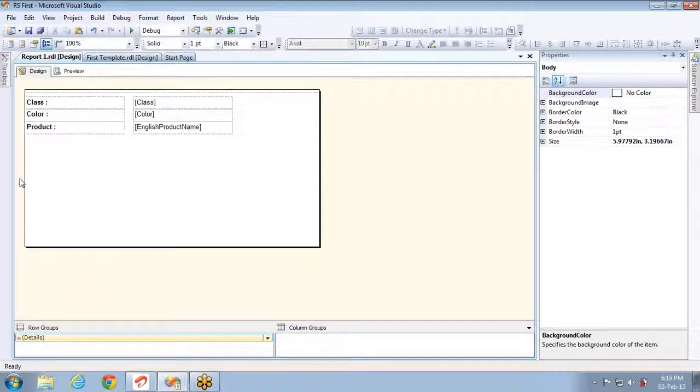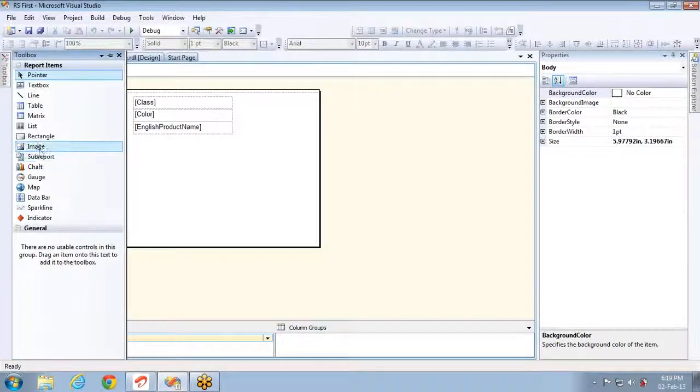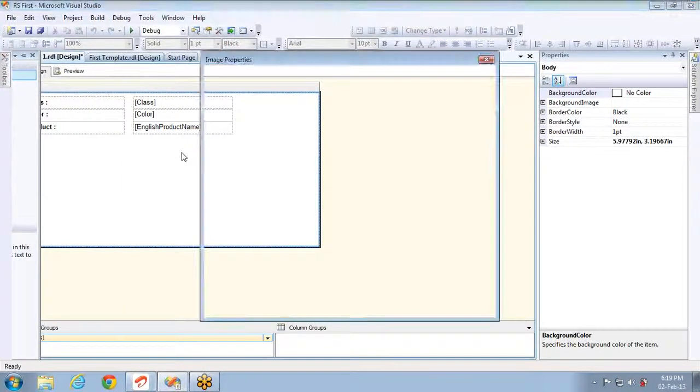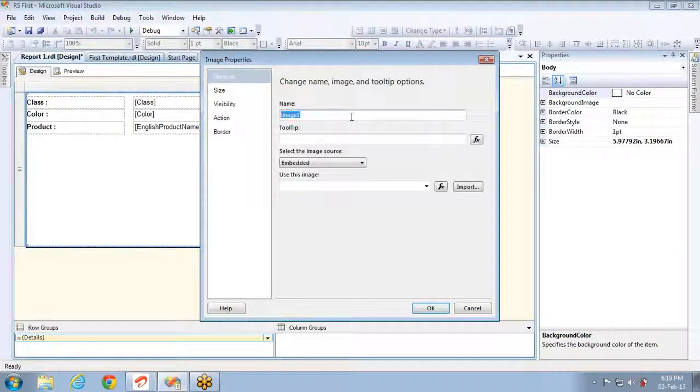In the same way, if you try a matrix report, you'll get the same error. Now let me show you by taking an image inside this. Let's say the image name is customer or product name. If I want to provide a tooltip, I can. I can either refer to an external image which is copied to the server or to some location in the file system, or the embedded one which will be taken into your report.